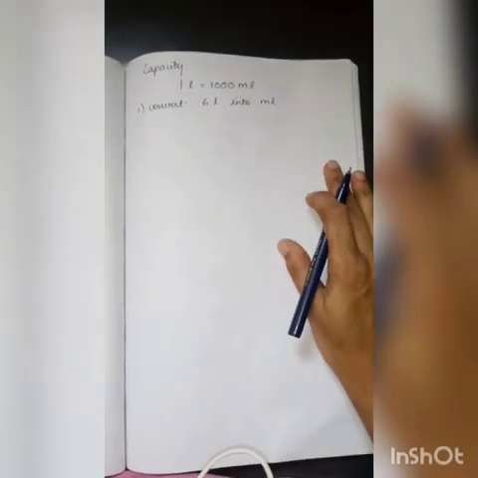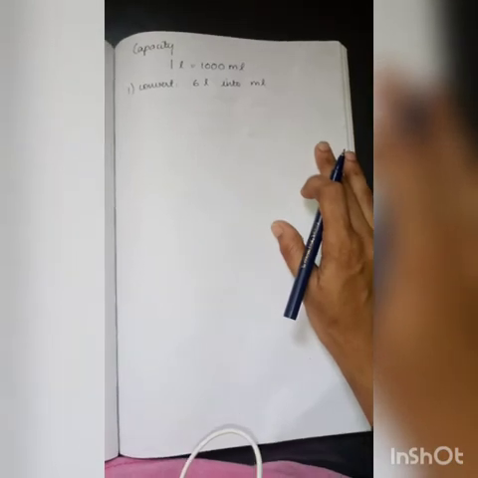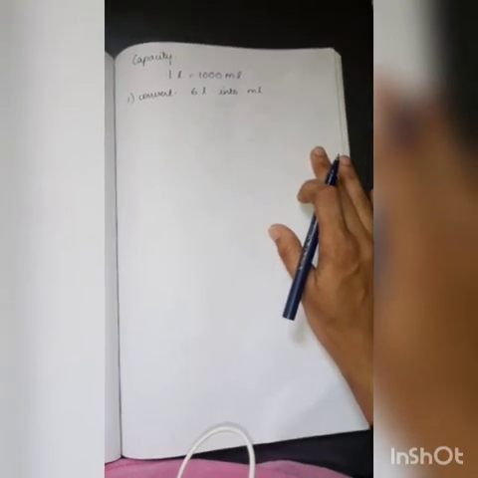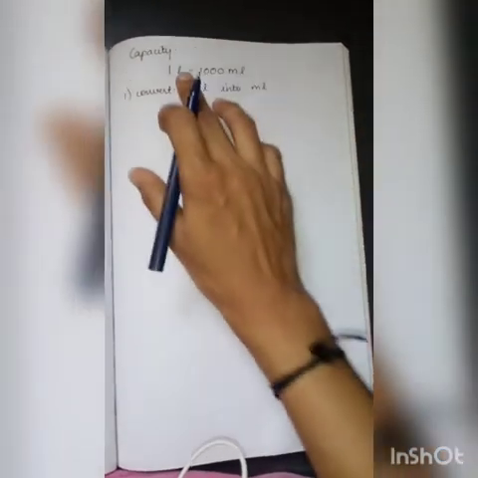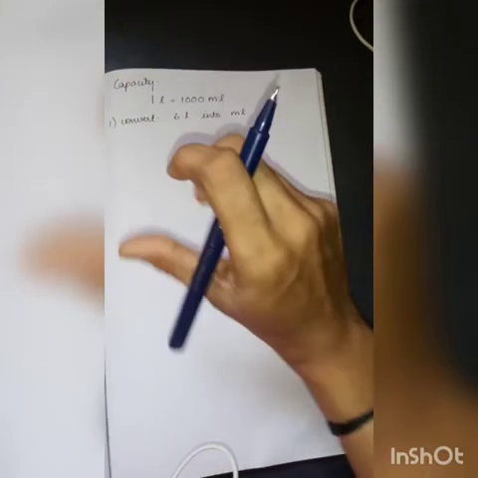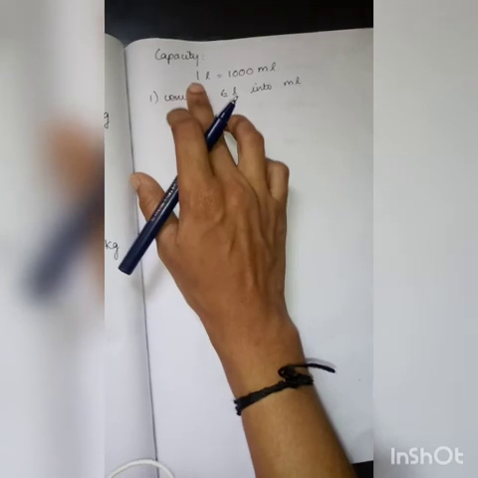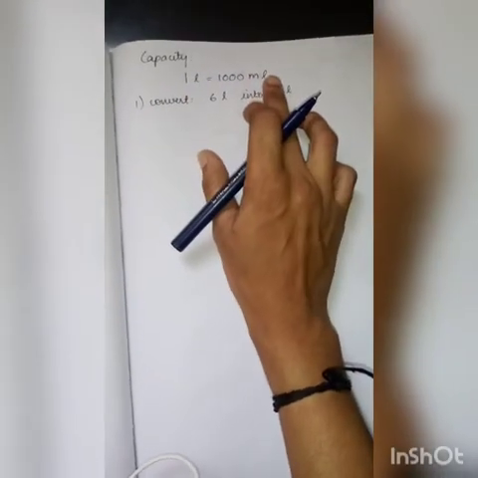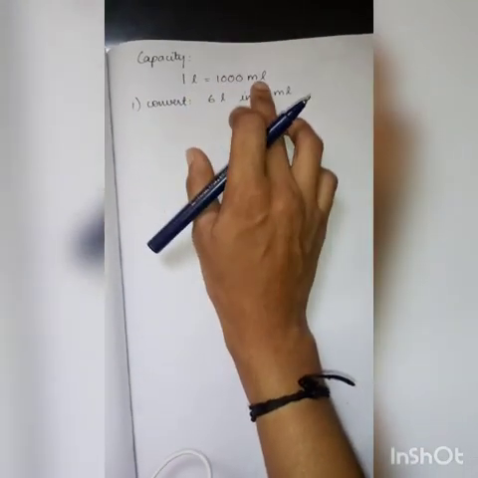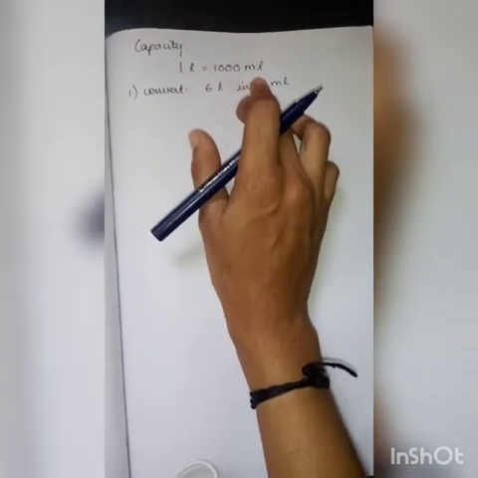Here we are going to deal with capacity. In capacity also we have kiloliters, hectoliters, decaliters, like that, but mainly we will deal with liters and milliliters. We will see when we are buying something, sometimes it will be in milliliter size, sometimes liter size, right? So we should concentrate on the liters and milliliters relation. So 1 liter is equal to 1000 milliliter. This you keep in your mind.